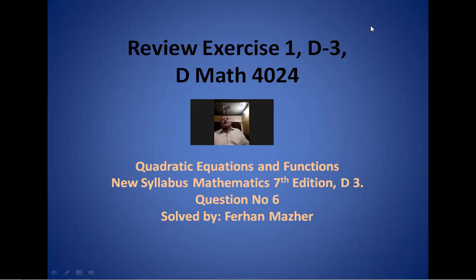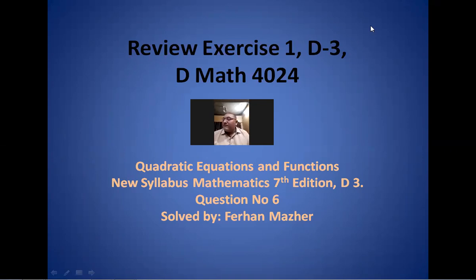Right now, I am with the 9th Cambridge class, and the subject we are studying is D Maths 4024. This is Cambridge O Levels Mathematics. We also call it Syllabus D, D Maths, and the book we are studying is New Syllabus Mathematics 7th edition, and its third book. Today we are working on the review exercise of chapter number 1,